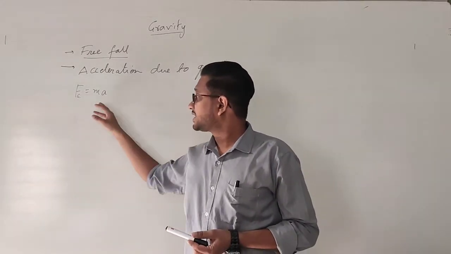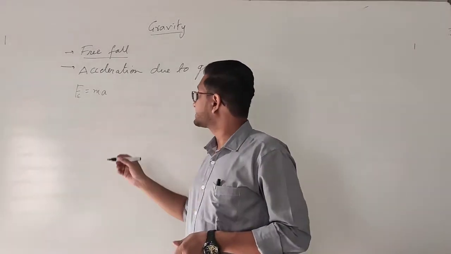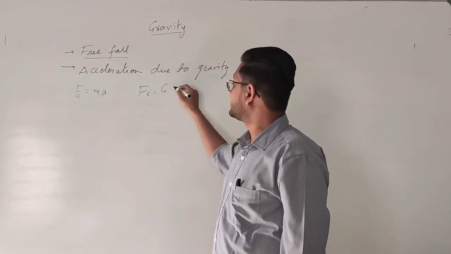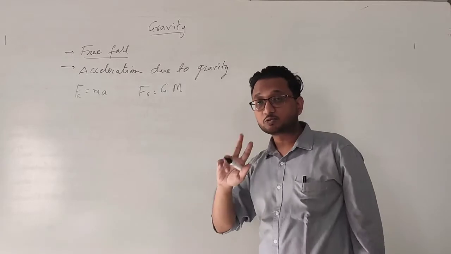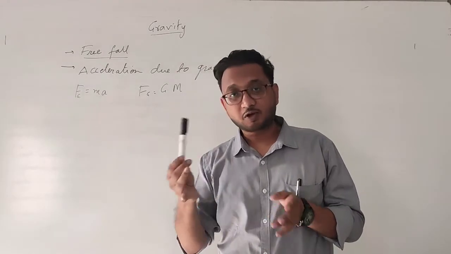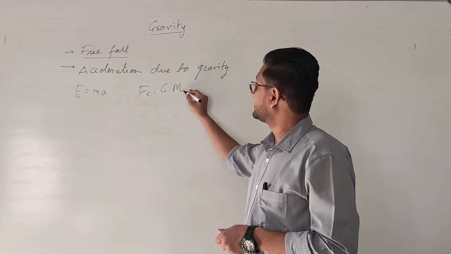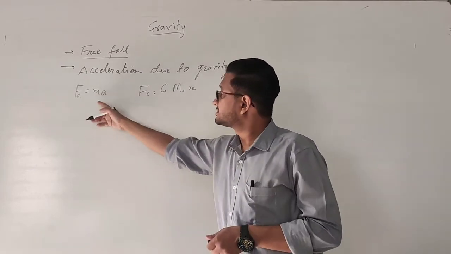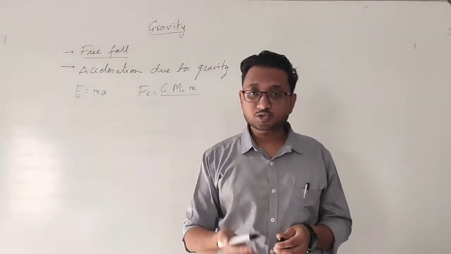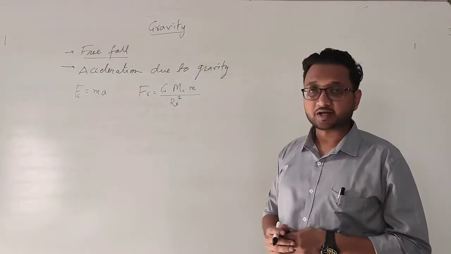Okay, but in order to do that we will require the value of force as well, and so we will use the gravitational force, that is F of g is equal to G into mass of earth, because there are two objects involved. One is the earth and the other is the marker, or whatever object you are using. So mass of the earth, and I am writing mass of the object, just small m, upon distance. Now because we are very close to the surface of earth, we are taking this distance as radius of earth square.